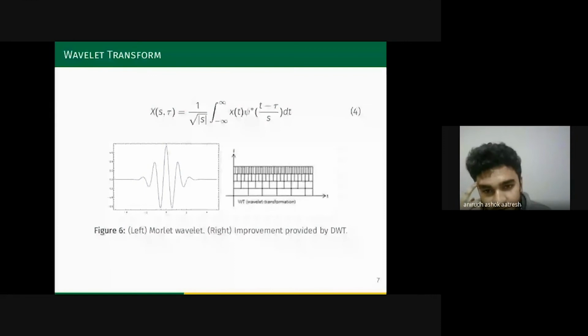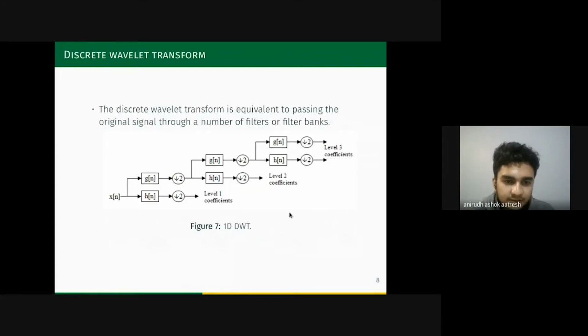So that splitting into high and low frequency components actually arises because of this method of representation of frequency and time. In the case of discrete wavelet transform, what actually happens is that we divide the frequency consecutively, say f by 2, f by 4, and f by 8, and so on. Processing using those halved frequencies simplifies the computation and the analysis. So that is the primary reason it's done for discrete wavelet transform.